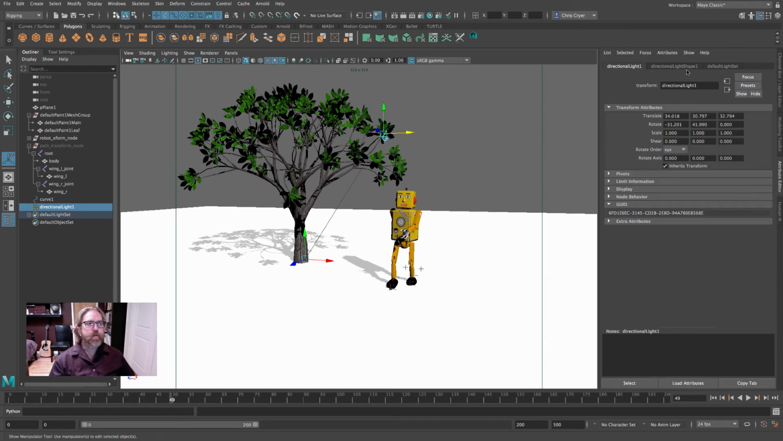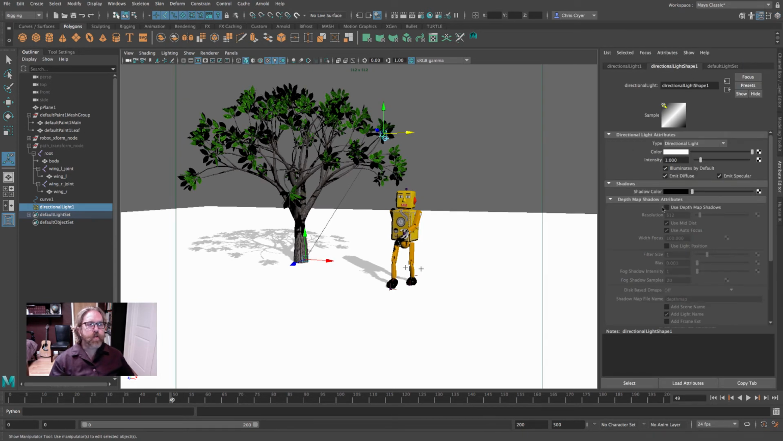Let's come into the attribute editor, come to the directional light. We're just going to use depth map shadows. We don't have anything clear in the scene. We don't need super high quality shadows with a great falloff. If you wanted to experiment with